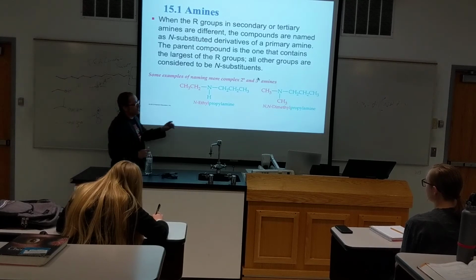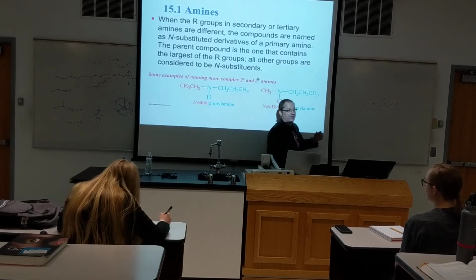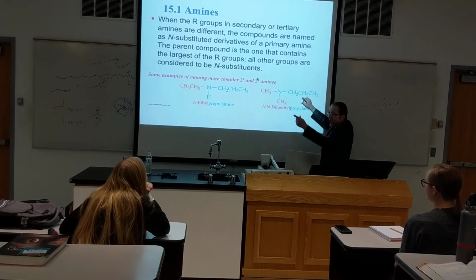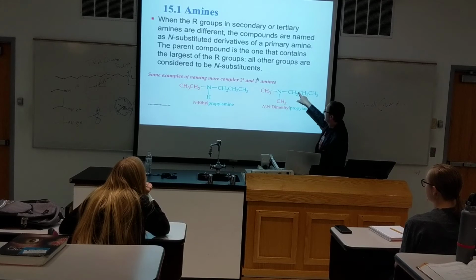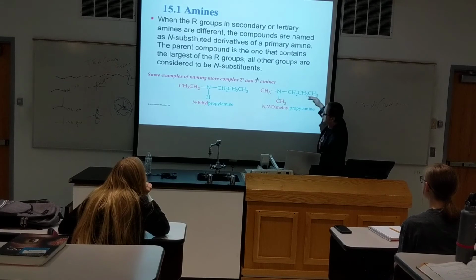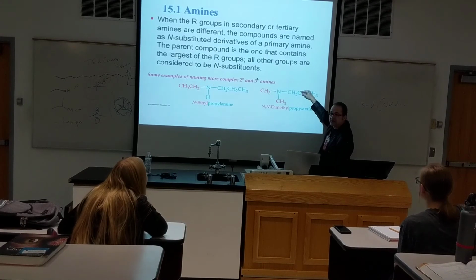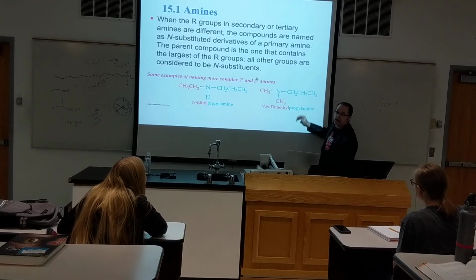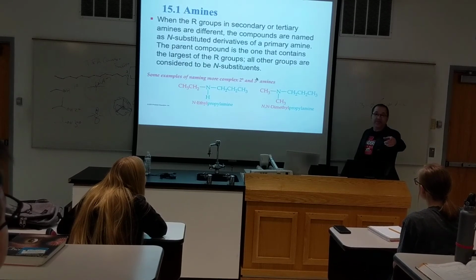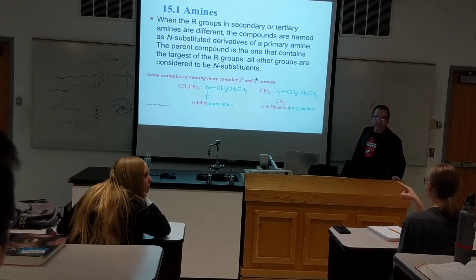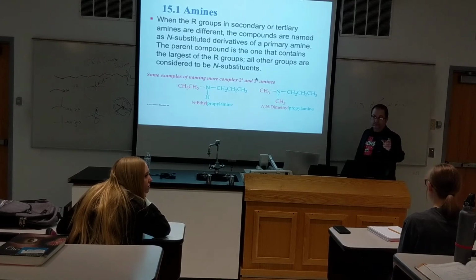All right. So, are we okay with this? Longest continuing chain, this is a propylamine. If we had a methyl group here, though, we could say that this is an N-dimethyl 2-methyl propylamine, because the methyl is on here, right? But again, I don't think that your book cares about that type of complexity. Yes? So you start out with the N, and then if there's still no oxygen, then you count it.